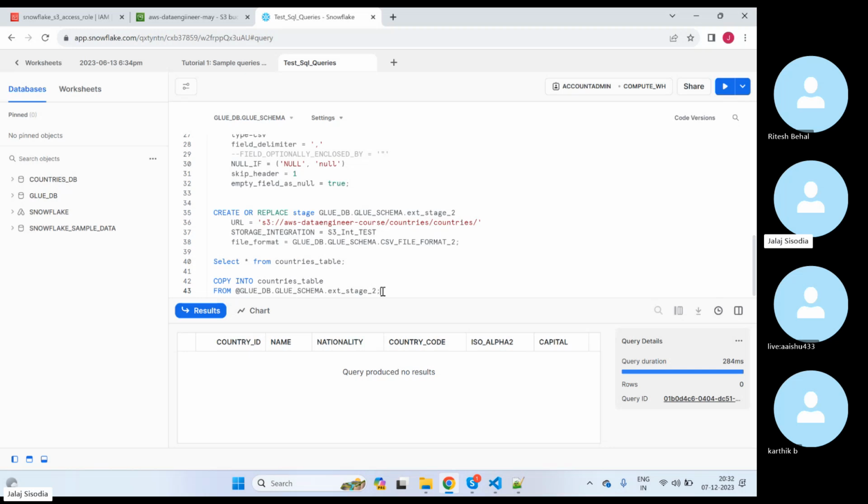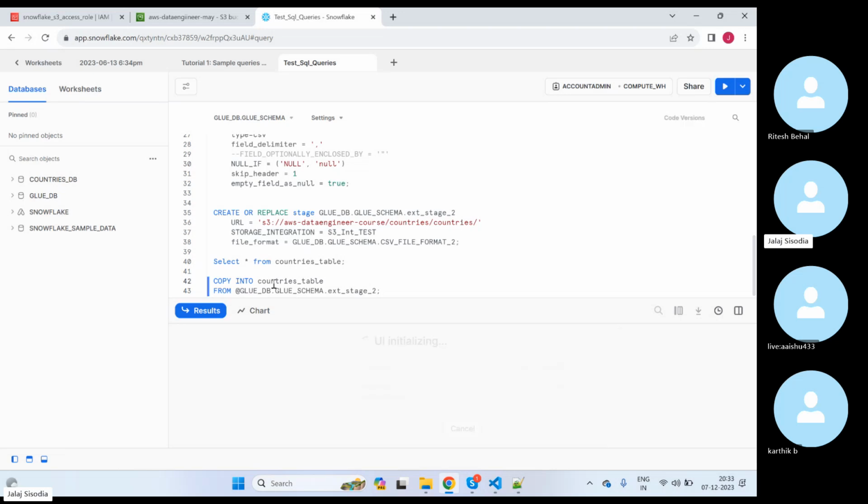Repeating, we created the ingestion object, then the file format to let it know what kind of file format we are expecting to load, then a stage to pinpoint the exact file which we want to load into our table. In this we will use our integration object and the file format that we created earlier, and then copy data from my S3 into the table. So if I execute this query,